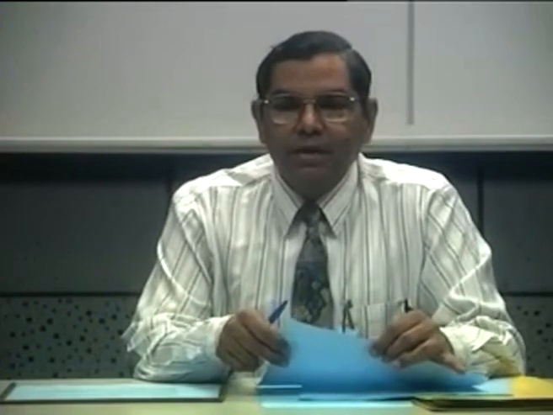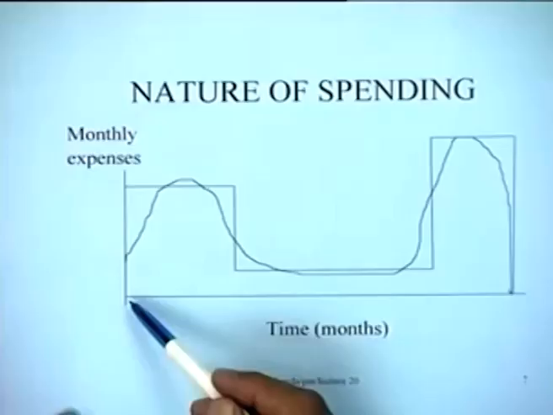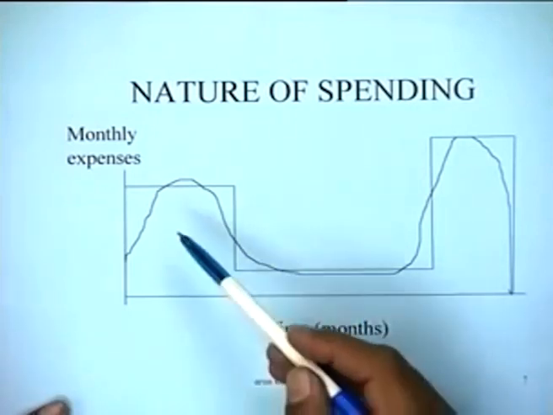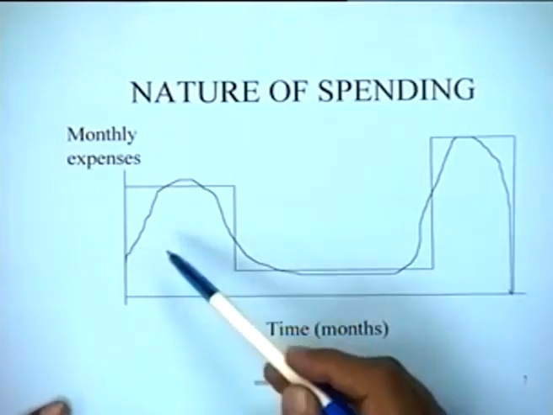Let us look at this problem in a little greater detail and try to see how the spending typically occurs in an activity, in a project. If I plot the monthly expenses versus time in an activity, it is generally seen when you have to do some activity,